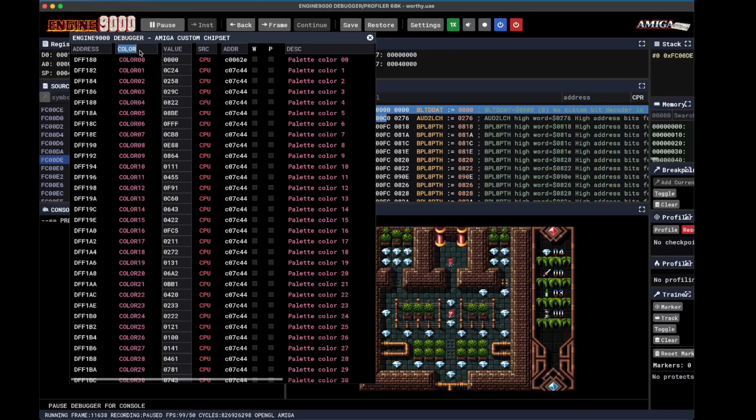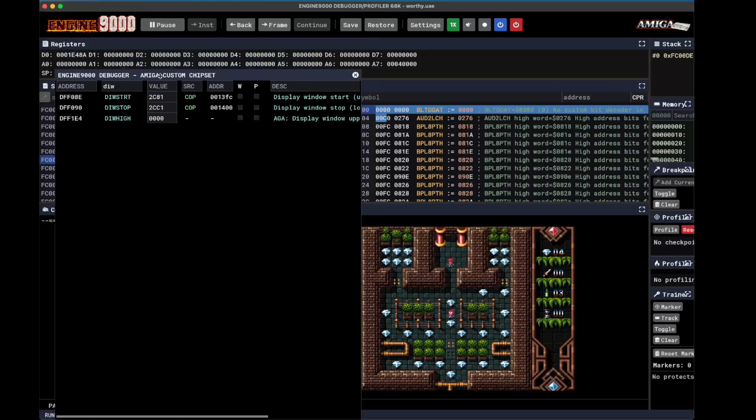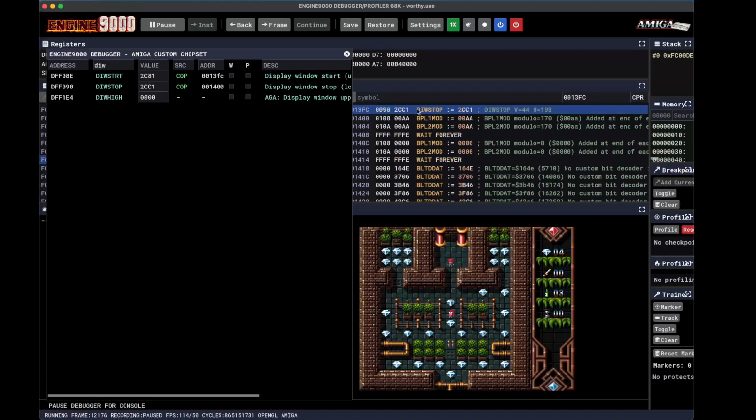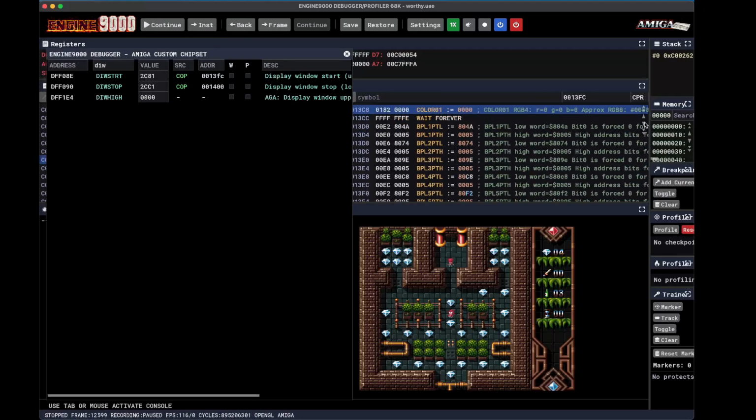Let's have a look at something that is controlled by the copper. Our window. So you can see here, this is saying that the copper list is setting our window parameters. We can click on this to see the copper list. And decoded copper list. You can see here there's not really much going on in this copper list. It's bitplane pointers and the window. I'm not sure if it shows up on the YouTube video, but we can see here the double buffering. We can see the bitplane pointers alternating each frame. Anyway,